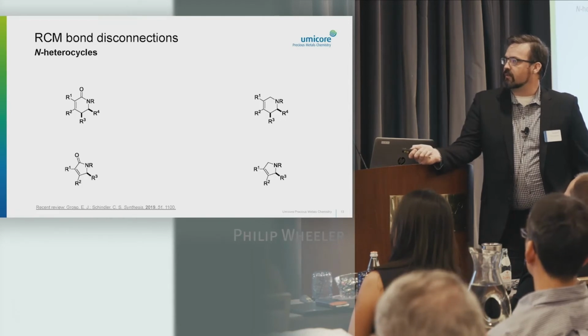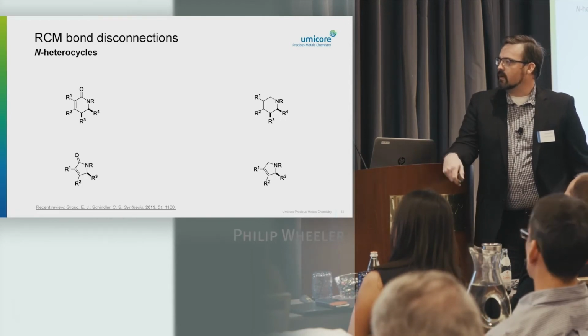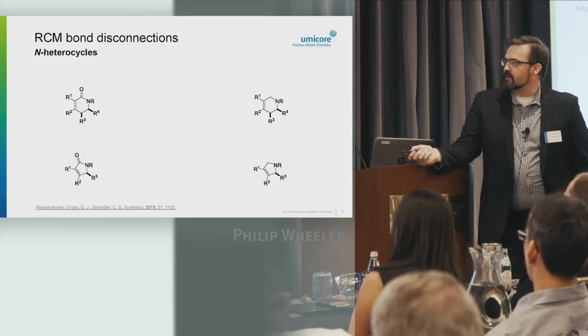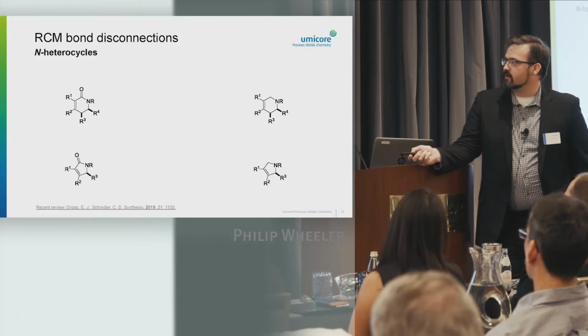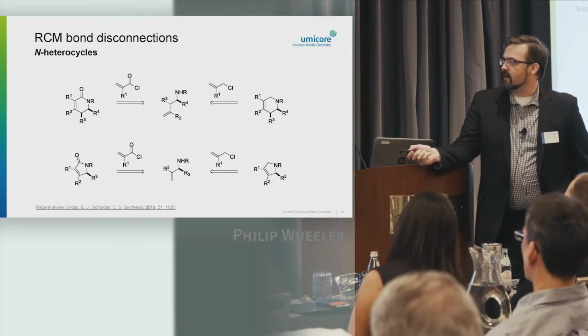Oftentimes you're still functionalizing at the 2 position. So in order to install a functionality at the 3 position, ring closing metathesis allows you to trace these back to a homoallylic amine on one side, which I'll show, and either an acid chloride or an allyl chloride, depending on whether you want to get to the lactam or the fully saturated